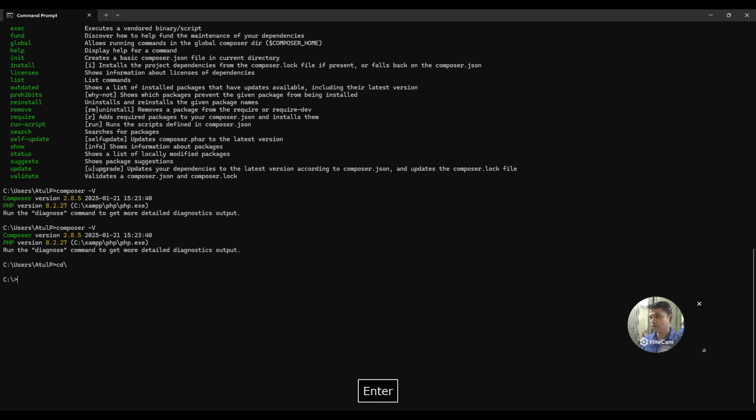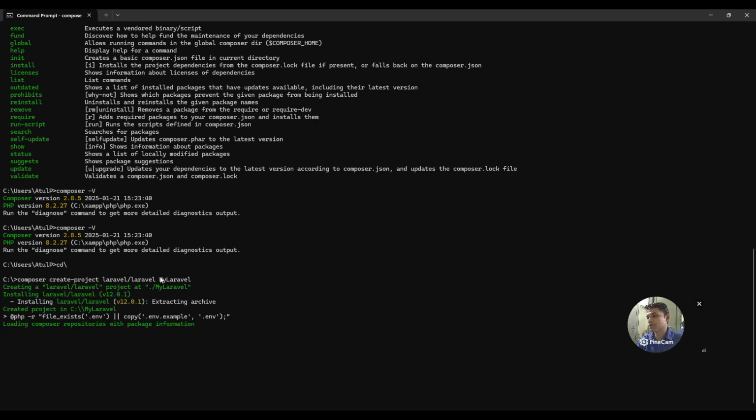For that, we have to run the command composer create-project laravel/laravel and then the project name. Supposing I want to give the name as my Laravel, and you press enter. Now when you run this command, it will directly go to the Laravel server and get